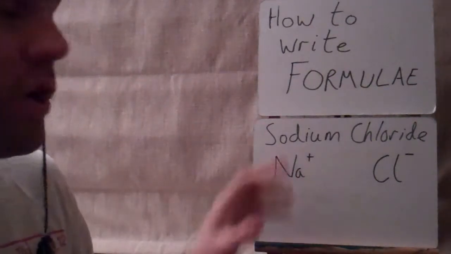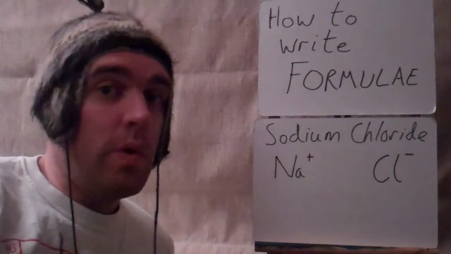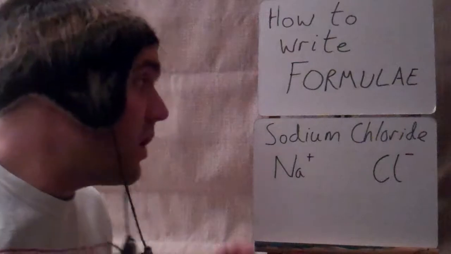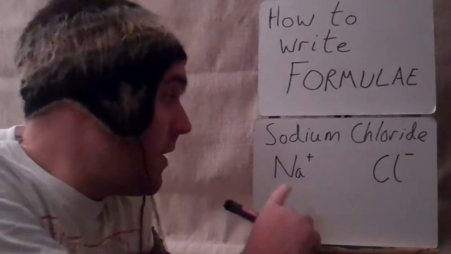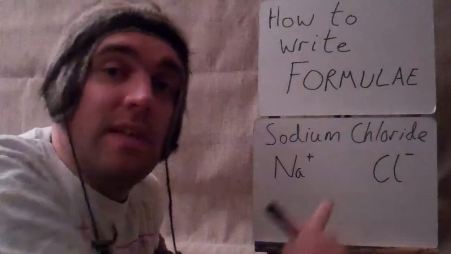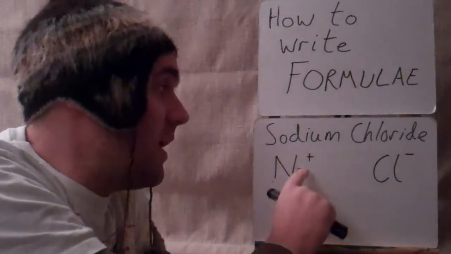Okay, now we're going to have a look at how to write ionic formula. So here we've got sodium chloride. First thing you need to do is remember or look up the charges of the ions. So sodium in its ionic form is Na+ as an ion. Chloride is Cl-. So it's very important that you get obviously the right symbols, but very important you get the